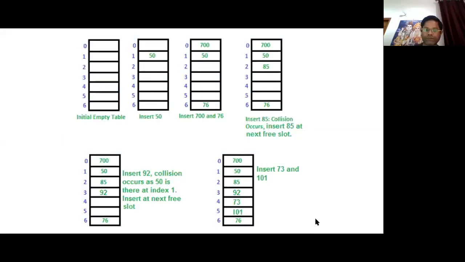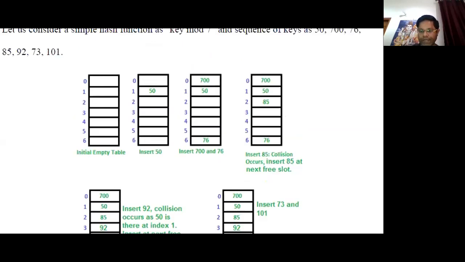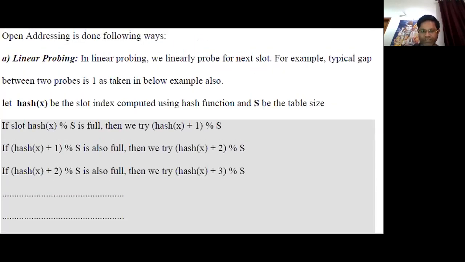So this is basically the example of the linear probing problem. What does linear probing say? Linear probing says in order to avoid the collision, if the current slot is full, then we have to look for the immediately next adjacent slot. If that slot is full, then again we immediately look for the next slot, till we place the key at an empty slot. We keep on searching for the empty slot. So this is the basic linear probing algorithm, and it is used for collision avoidance.